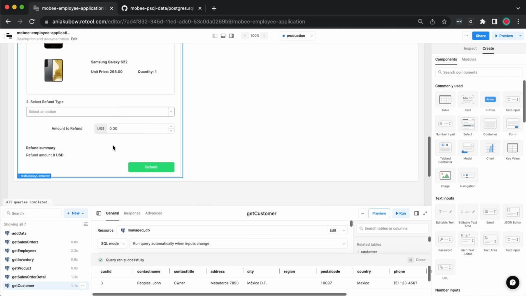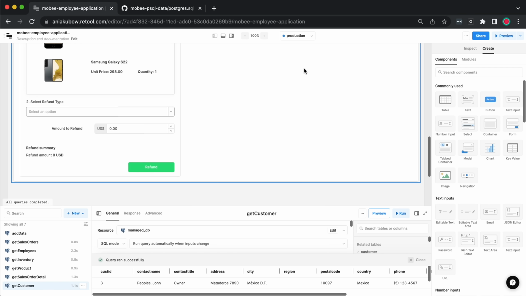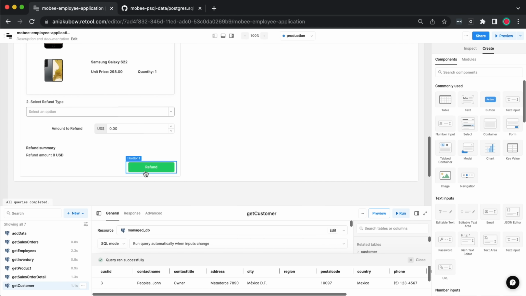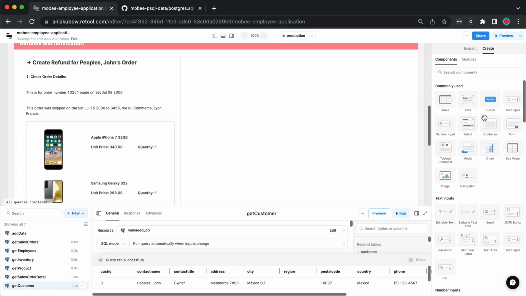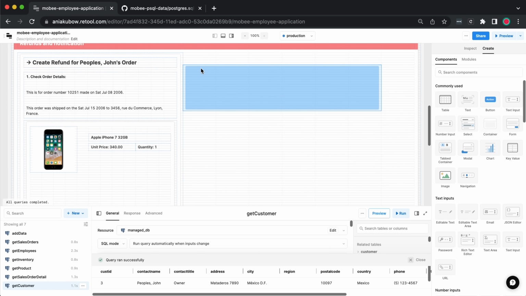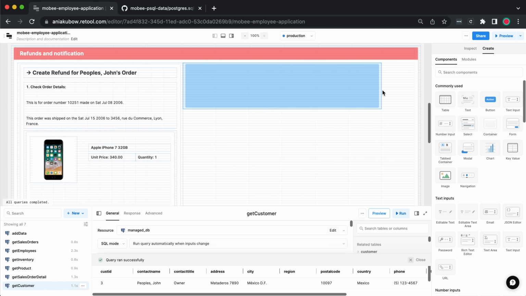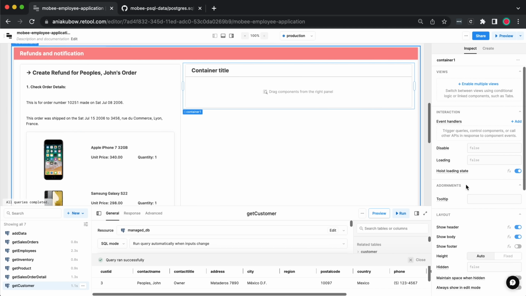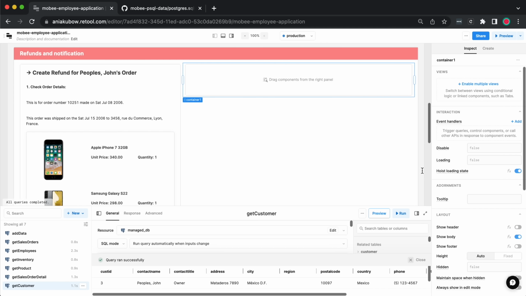Okay, great. Now let's use this information to compose an email, so we can send an email as well as commit the refund. And we'll be using the Stripe API in order to hook this up to the refund button to actually make that refund happen back onto the charge. But first, like I said, let's do the email. So let's put in another container. I'm just going to work in a container in here. Once again, I'm just going to get rid of the heading,